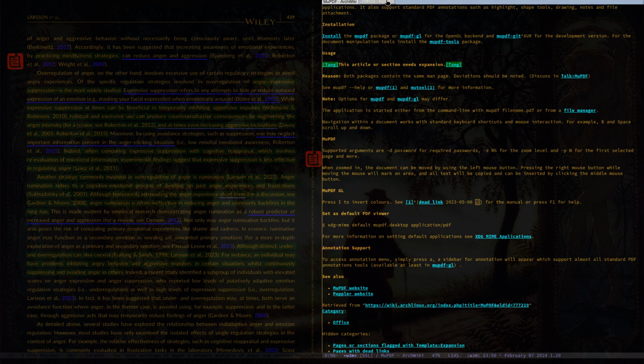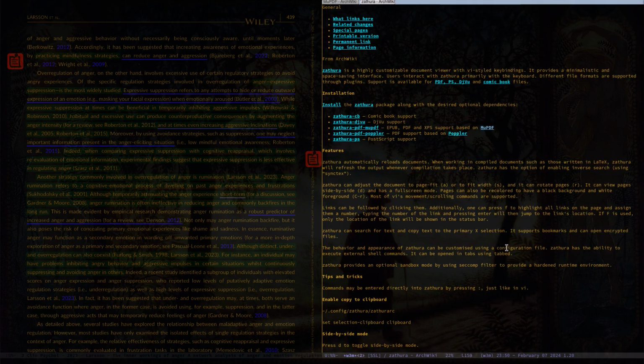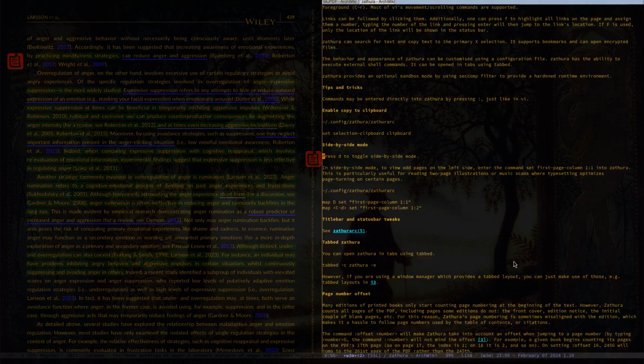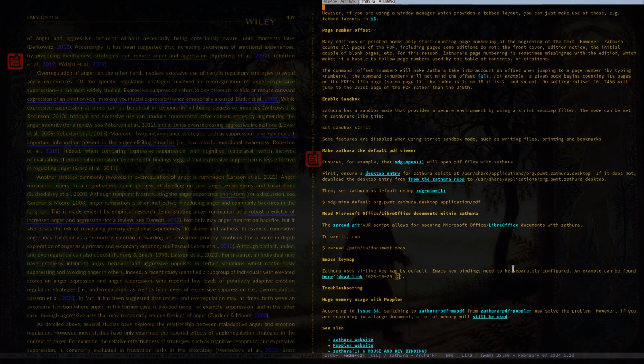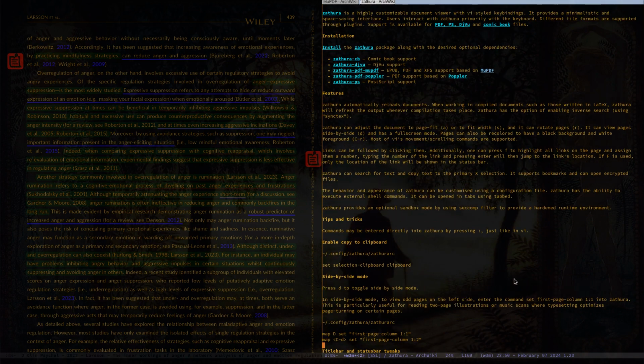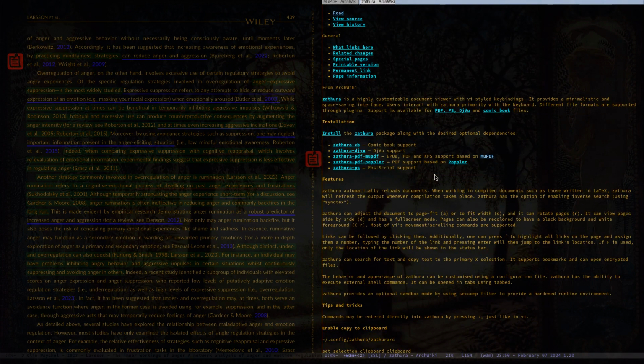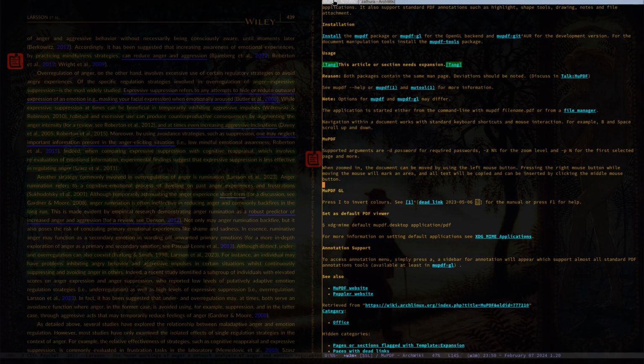And then you have Zathura. As far as I can tell, it has no support for annotation, and it's one of those that, I don't know, people like Luke Smith use. So, yeah. Now, when I read a book, which I prefer to read on paper,